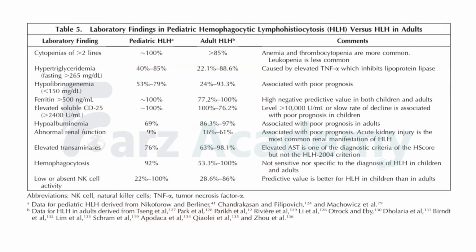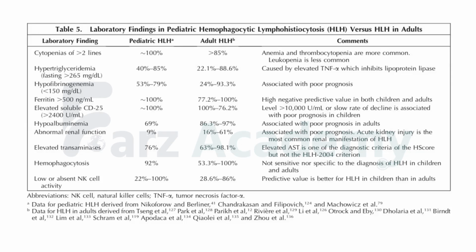So after cytopenias, the commonest finding will be a high ferritin level, which has a very high negative predictive value, because in sepsis also you'll get a high ferritin level, if the patient is having dengue hemorrhagic shock syndrome, fulminant hepatic failure, or maybe the patient has received multiple transfusions. So ferritin is not specific for HLH, but it has a negative predictive value. You can rule out when the value is less than 500.